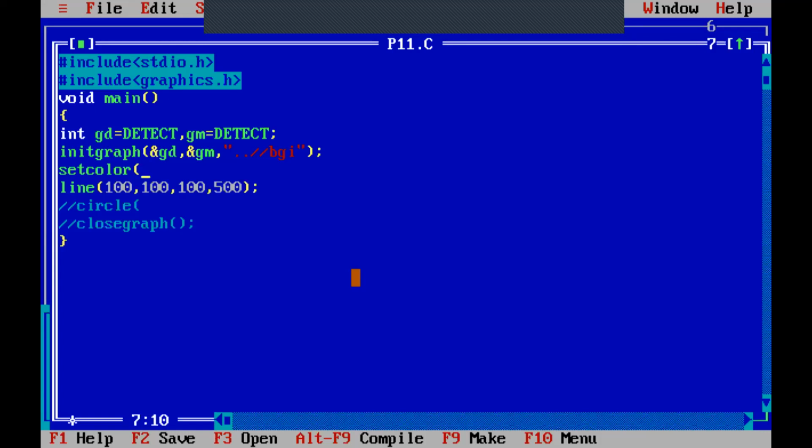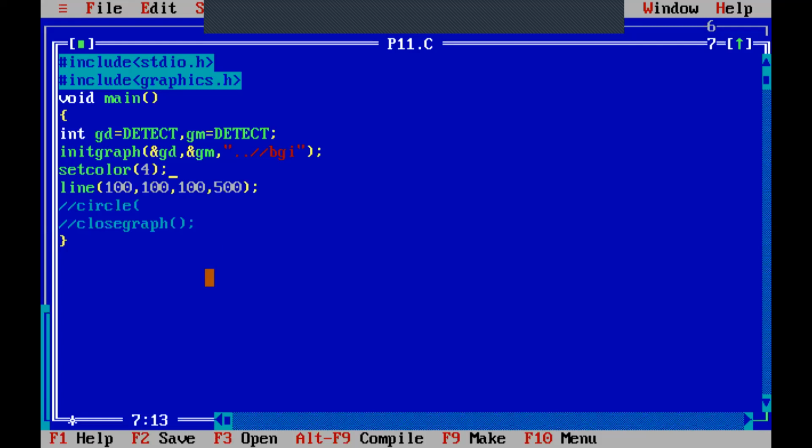So set color, here there are two options. We can either use the name of the color in double quotes or single quotes, or we can give an integer value inside it. Suppose 4. So 4 is the code for red color. I know that, that's why I have written this 4.